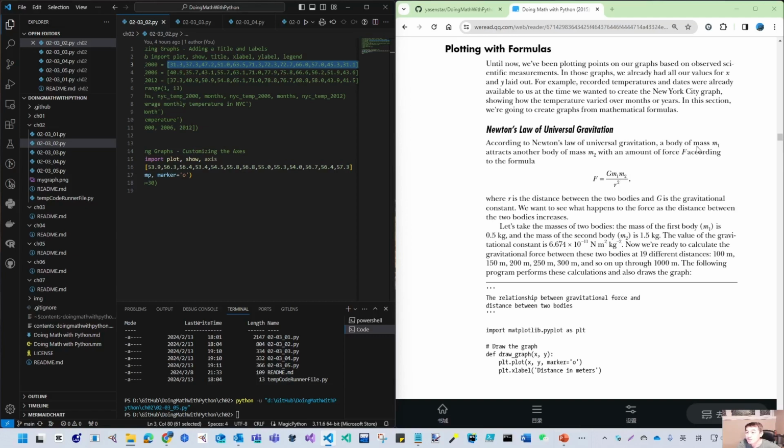It is described as two bodies of mass m1 and m2. They are attracted to each other with the amount of force F. So F is the result. m1 and m2 are two given data, and R is another given data. R is the distance between the two bodies. Actually, this is not very accurate. The distance is between the centers of these two three-dimensional bodies. And G is a constant,